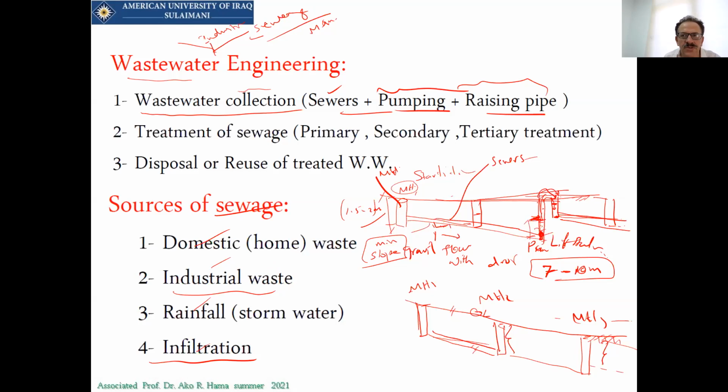If you have an industrial waste, if you have a household waste, even the rainfall waste, the rainfall, the stormwater, all of them are using one sewer pipe. That's called a combined system. Infiltration, while we have, for example, in those areas where the water table is very high,